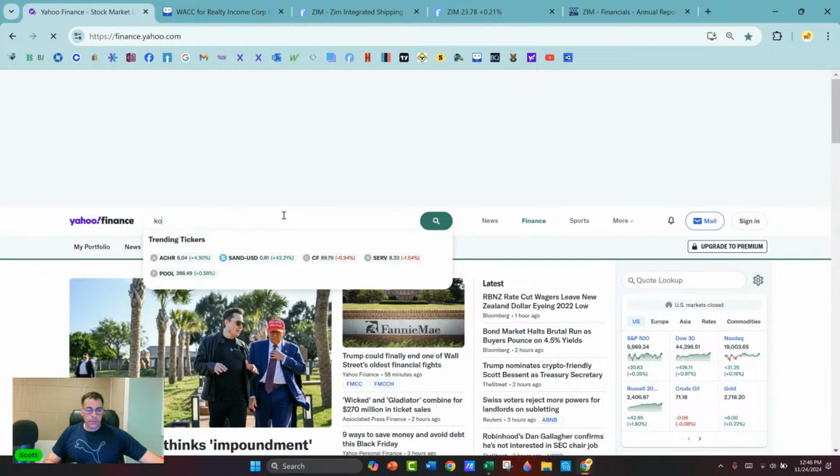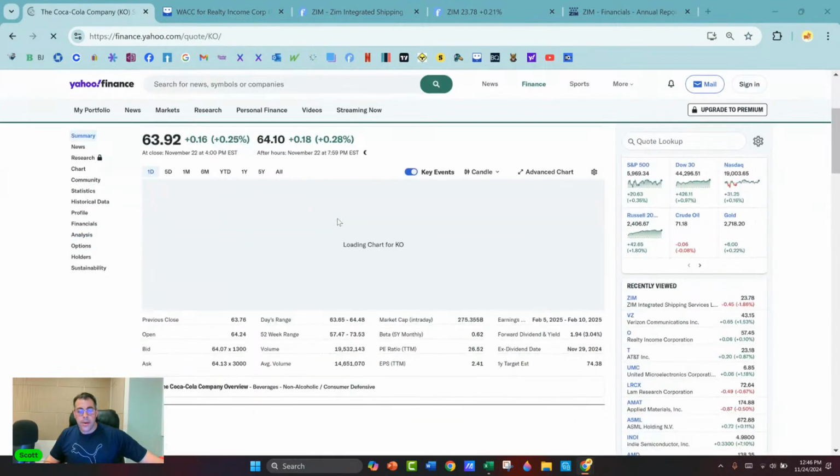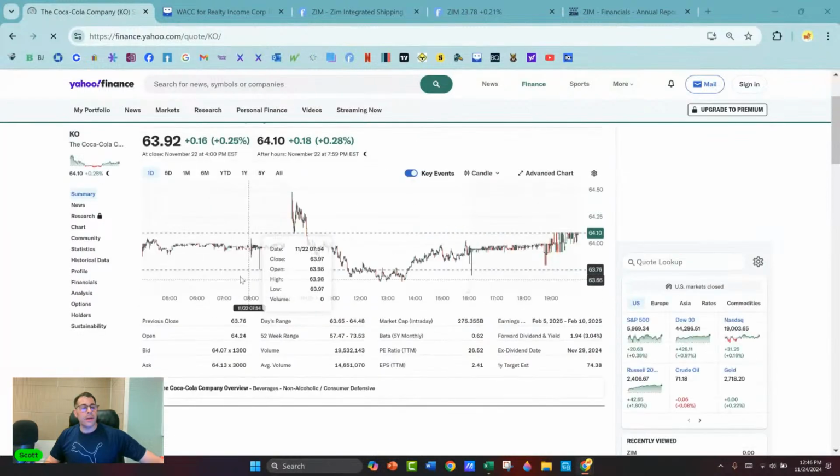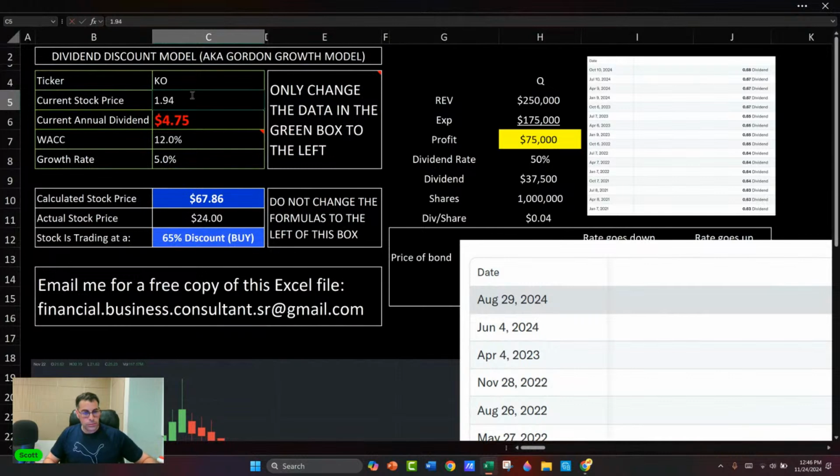So they have to pay a dividend for it to be, so $1.94 and $64. So this says the stock is worth $97. I gave it a low whack, if you want to raise the whack. But even if,